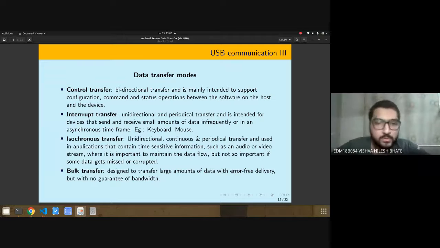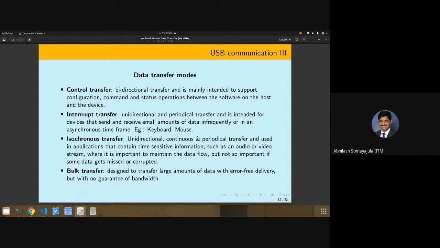Yes, isochronous transfer is used for such applications, where you have to stream the data from a camera. We require isochronous transfer, but then the problem with that is, some data can get missed or corrupted. So I thought I'll go with bulk transfer for now because the data transferred is low. But yes, that's definitely correct. When you start off, you want to make sure the errors are minimized before you go further.